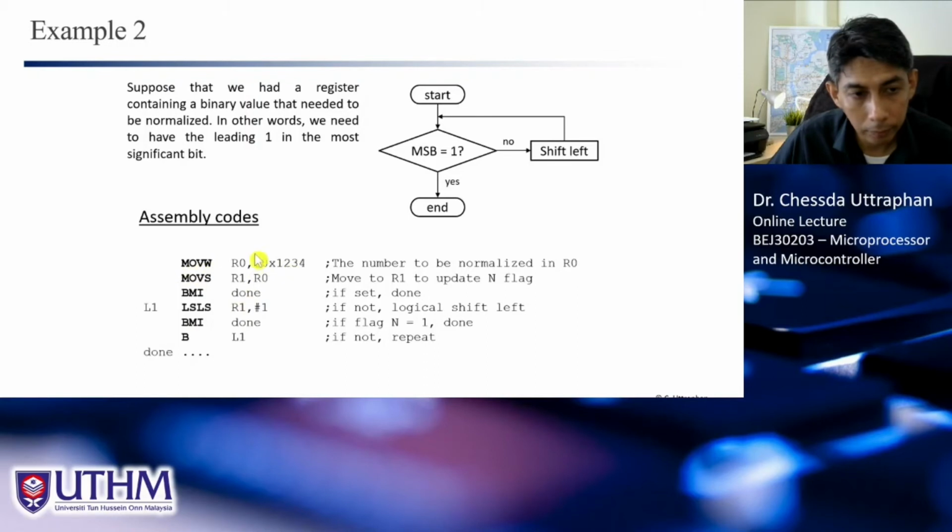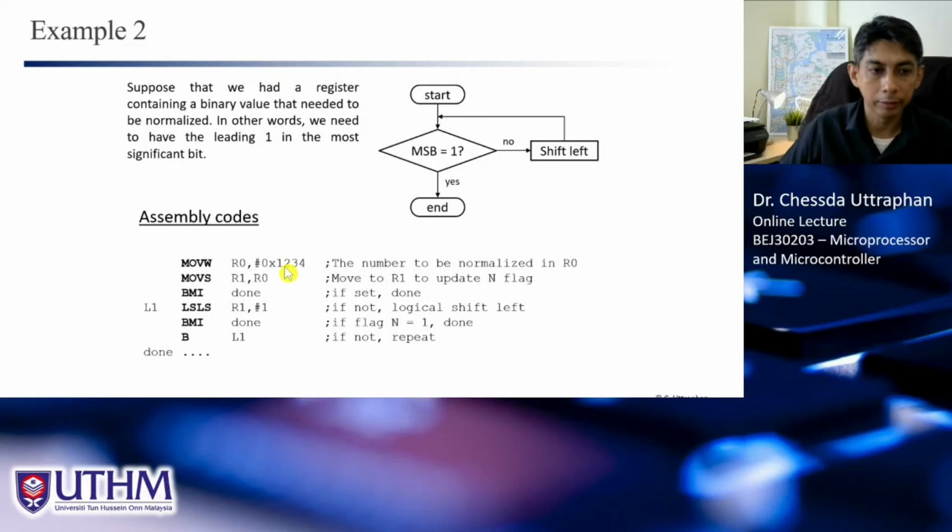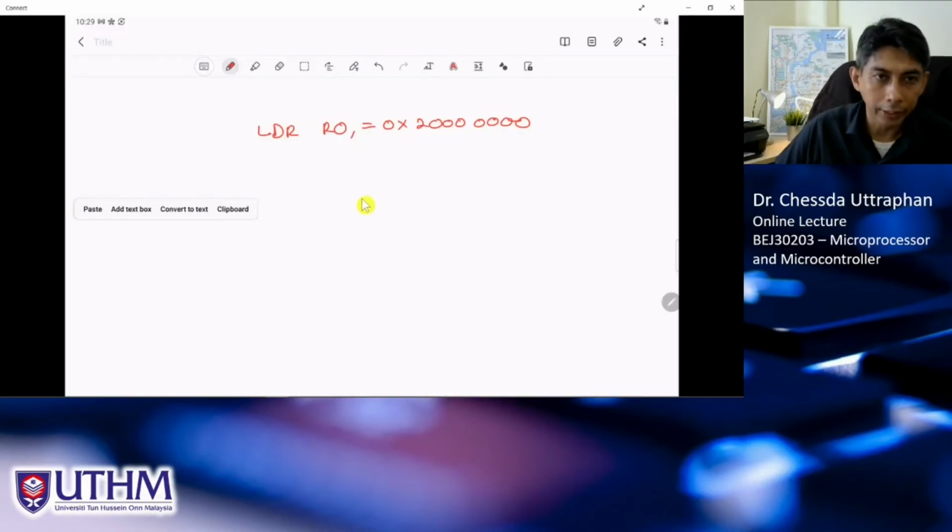Move the value that we want to check into R0, and we move as to R1, MOVS. This is the move variant of the move instruction, where the S means that we move and we set the status flags based on the number that we have in R1. In this case, because our R1 is 32-bit,